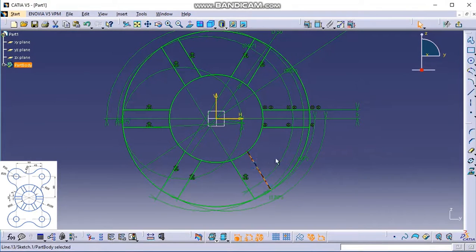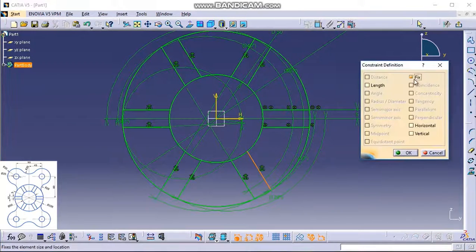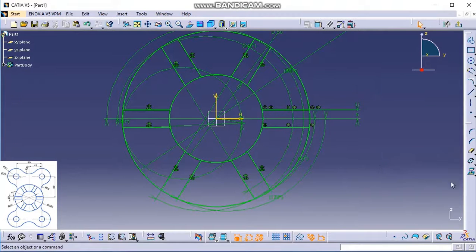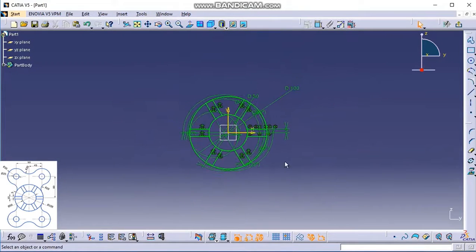Now the last object, select and fix it. Now let us zoom in. You can see we have created the center portion. Now we have to create the outer portions.